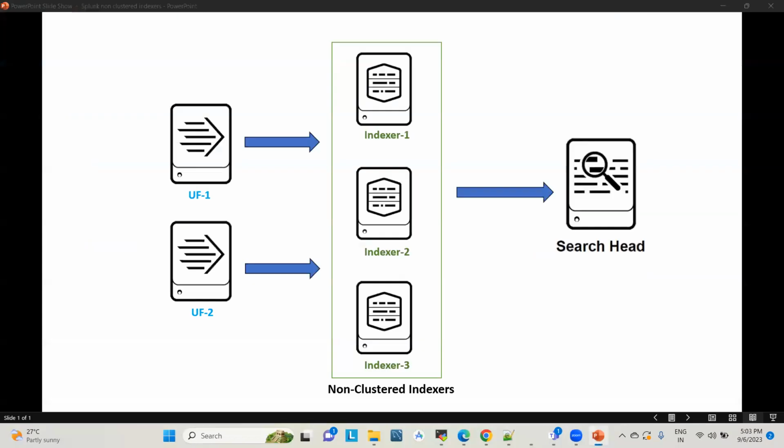Okay, so we have seen the configuration till here, how to deploy the non-clustered indexers group and then push the data using universal forwarder. How does this Splunk do the load balancing, right? So now